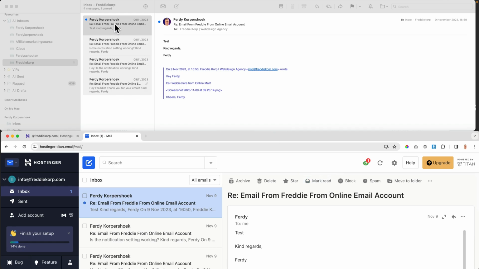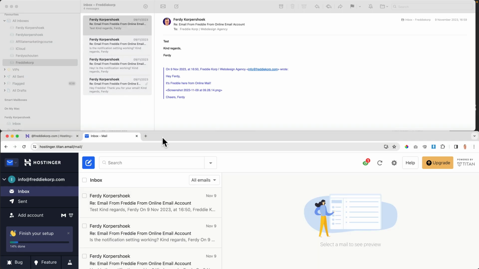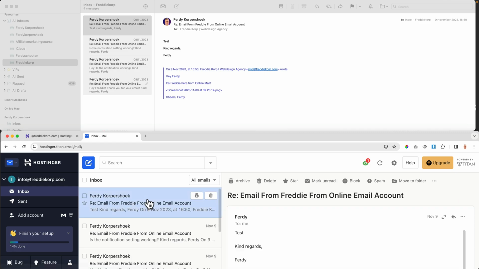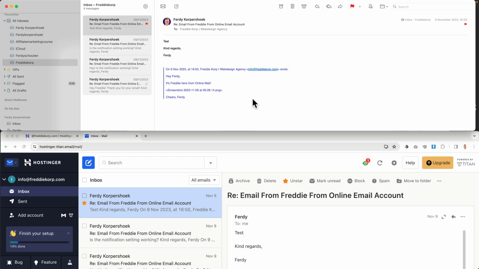So if I receive an email and I already read it on my phone or on my computer or on my webmail, and I say, hey, I want to flag this or I want to do something with it, it will be synced on all your devices that are linked to your email account. So I read it, so the blue thing goes away. Look at this. Also away. So if I go over here and I want to give it a star, look at this.